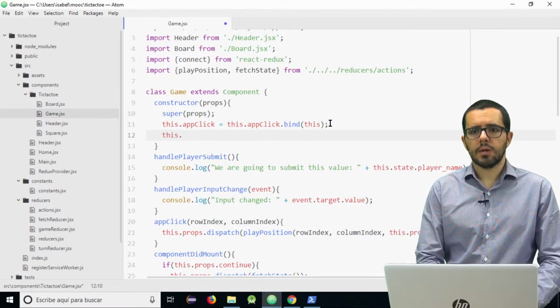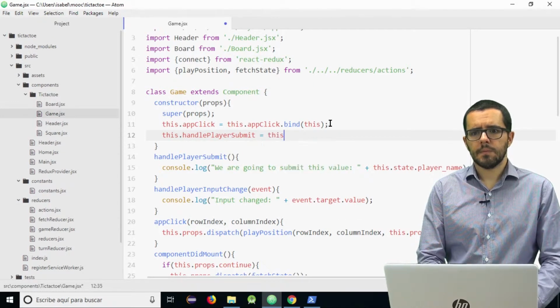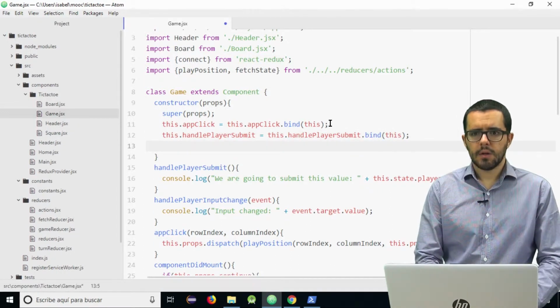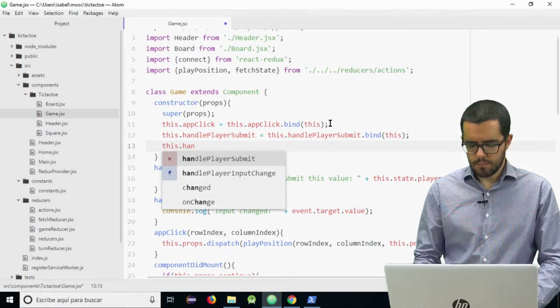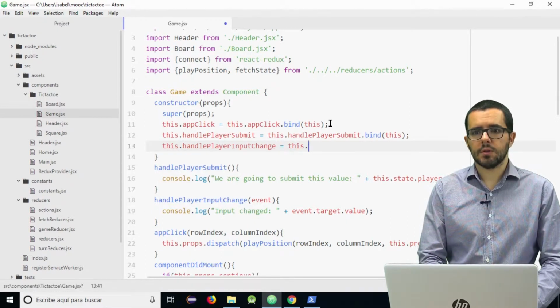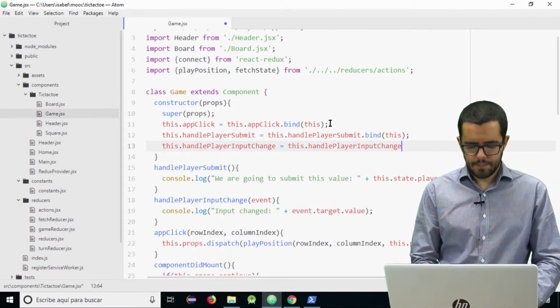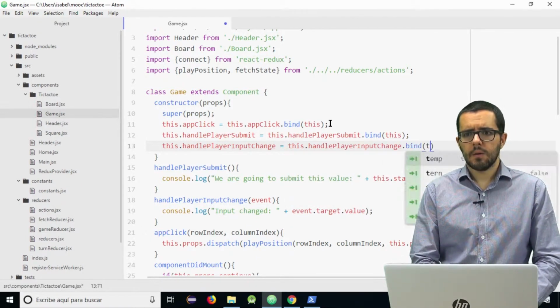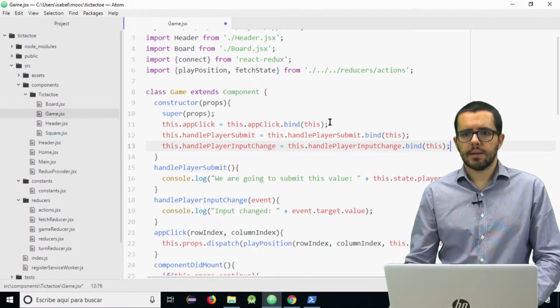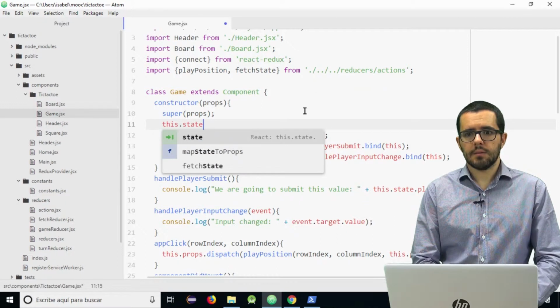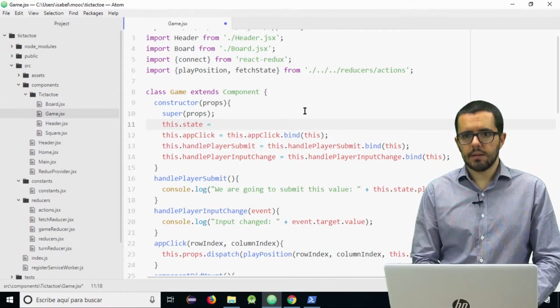Remember that you need to add the bindings in the constructor, so the two methods will have, as always, well, not always, when they want to use this object like this. And finally, we need the state, because we are using a state.